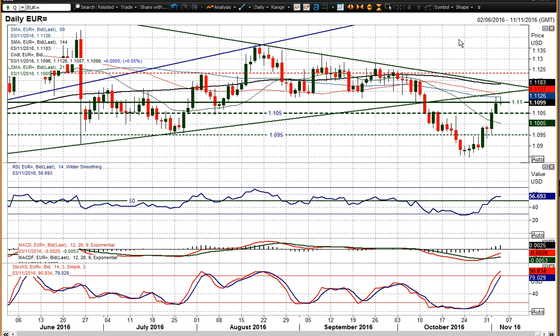Now, whether the market starts to settle in front of the election will be interesting, because I think it could well do. Obviously, it's had this initial Trump related sell-off in the dollar, but whether that continues or not, I'm not entirely convinced. Now, as I say, we've got potential upside possibly towards the 111.80, 111.90 area,